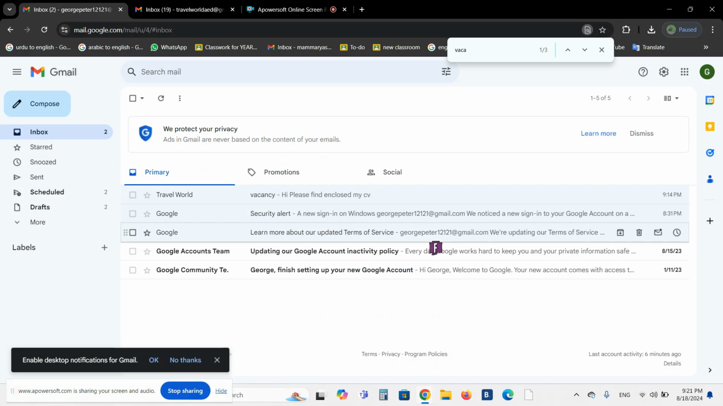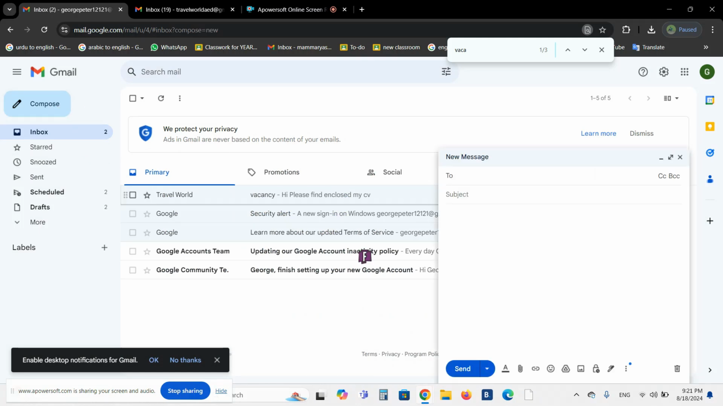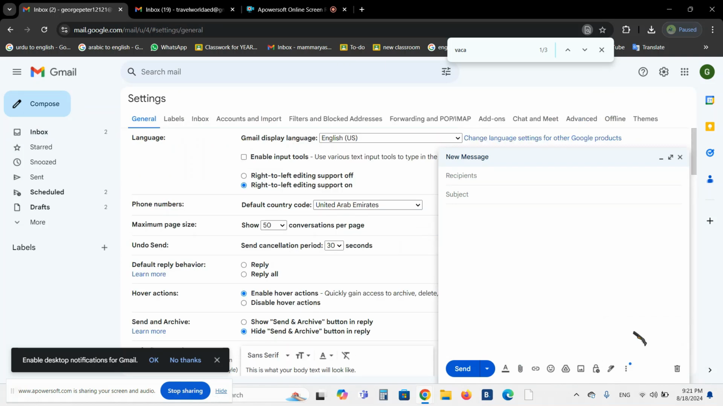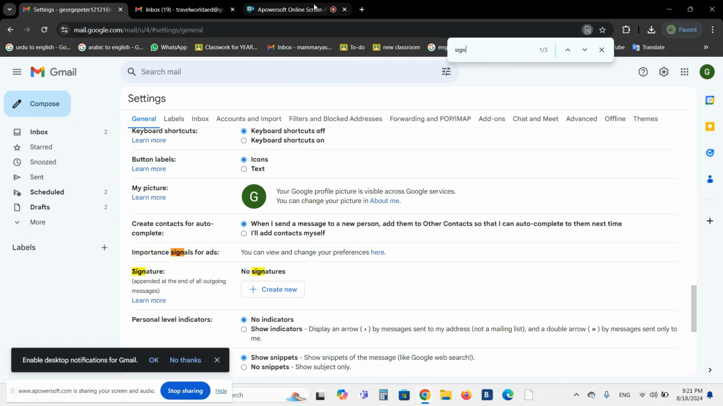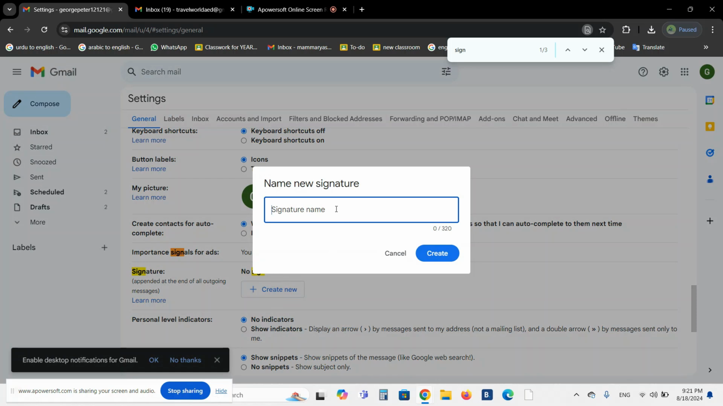Next tip for us is for the signature. So for example, if I want to use the signature, for that we'll just click on the compose, and over here there's an option of insert signature. As we do not have any signature, just click on manage signature, and it will take you under the signature options. In the signature options, I can search, by the way, from here also. See, there's a signature option, so you can create the signature. For example, I'm putting the name of Mr. George Peter